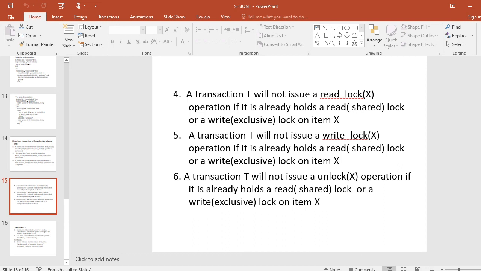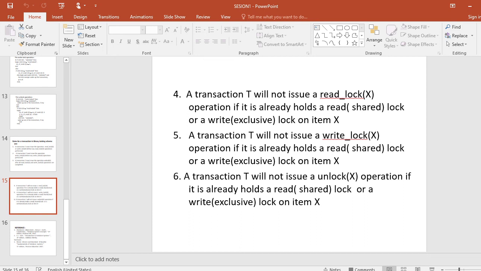So in this unit 5, in this session, we have understood what concurrency control techniques are, the meaning of concurrency control techniques, and locking technique for concurrency control.